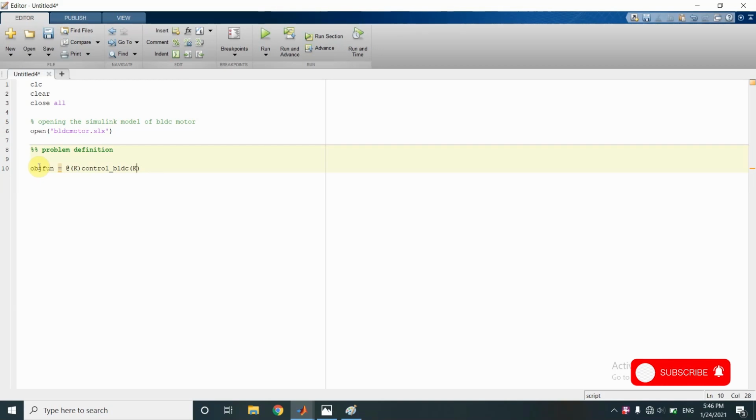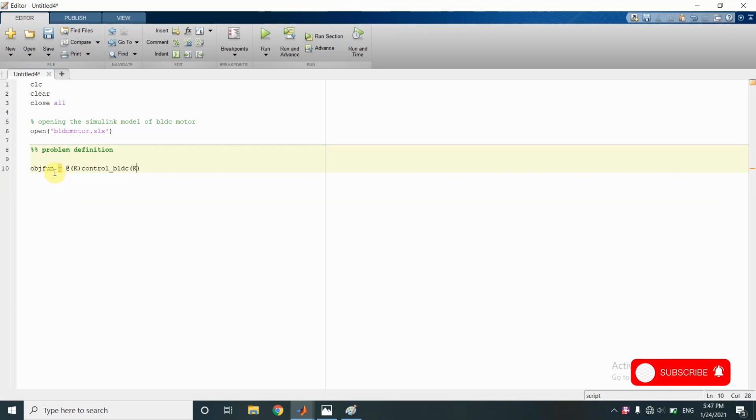From there, the objective function value will be calculated using those values of variables of Kp, Ki, Kd, and some value will be returned, and that value will be used to further proceed in the code and evolve the populations in further iterations.